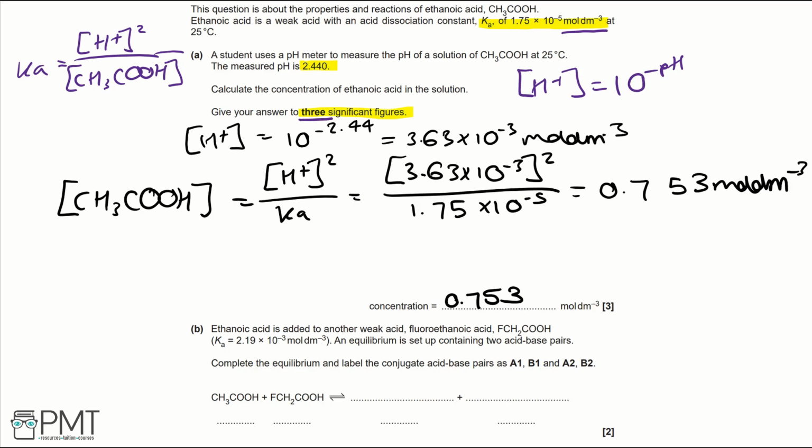If we look at the Ka value of fluoroethanoic acid, it is a bigger value. Therefore, fluoroethanoic acid is a stronger acid. So we can label it A1 and then B1 for our acid-base pairs. In the next part of the equilibrium, that would mean that